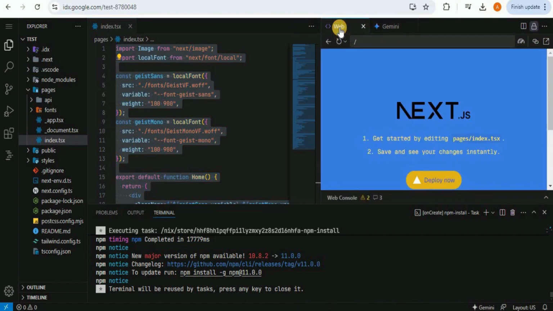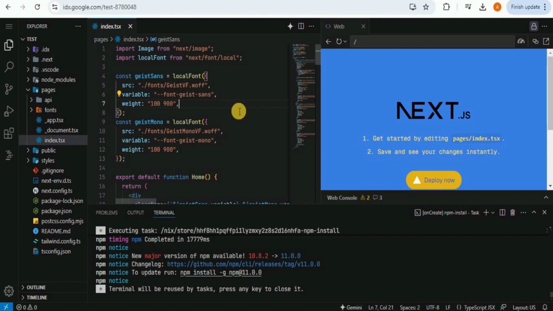Now if I move to the application preview, you can see that previously the color scheme was black and white, and now it has changed it to blue and yellow. And all of this was done by writing a single line of code. So this was one way of accessing the Gemini interactive chat.